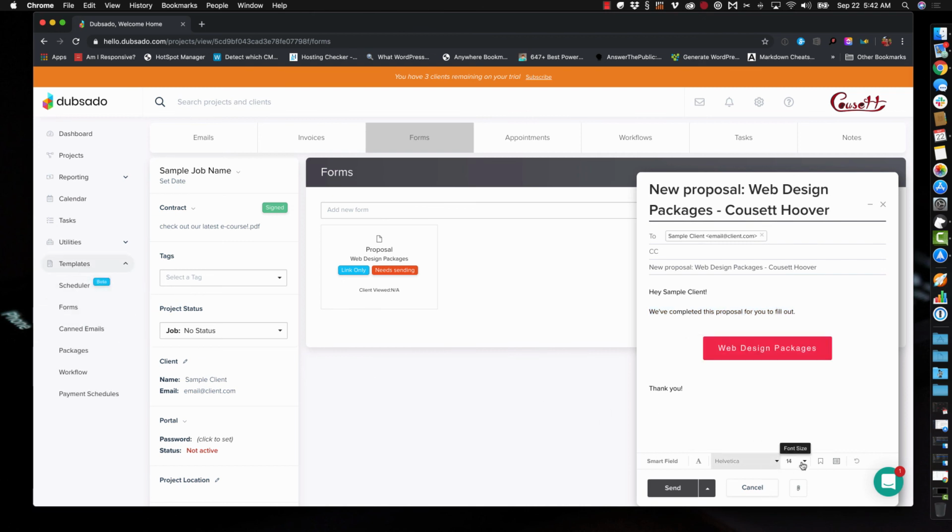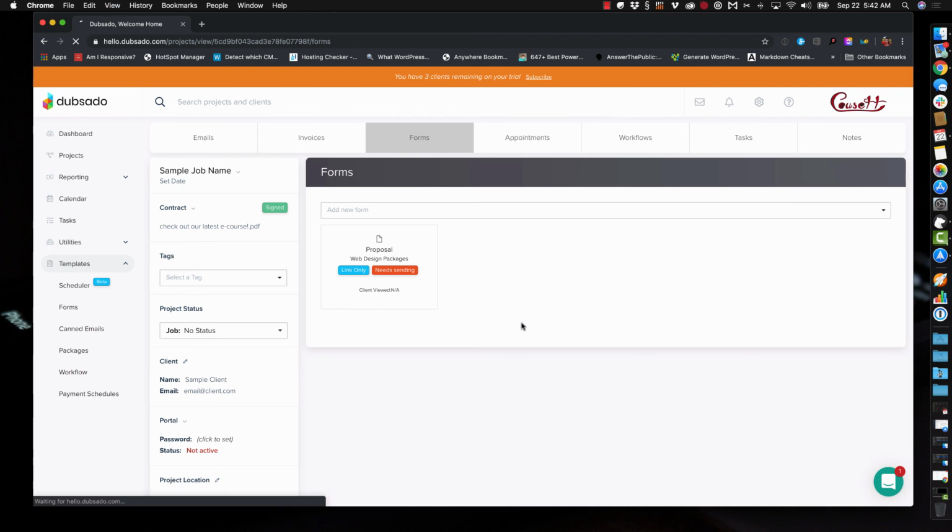But once you have that set up, you can click on it and add a saved reply automatically. Otherwise, I try and make every proposal really personable. I go in and I say thank you for contacting me, and I look forward to working with you, and so forth. So then we'll just click on send, and this will update to